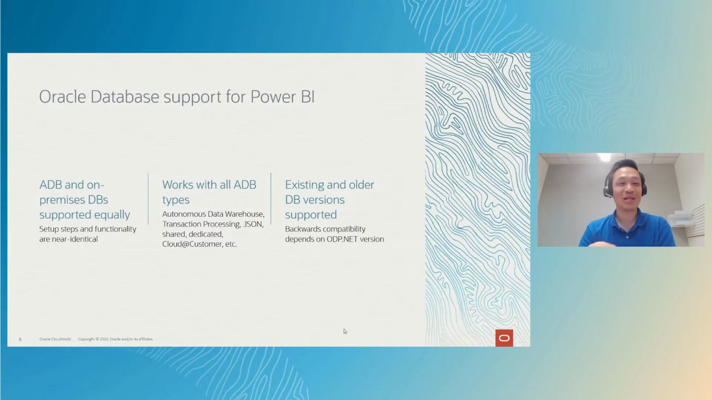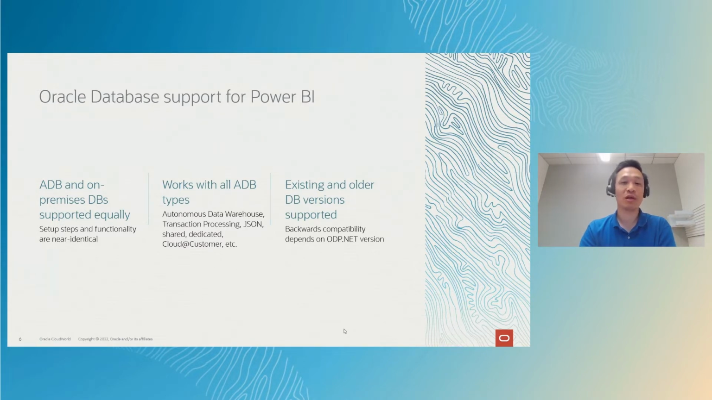So the setup steps and functionality are pretty near identical from a connectivity standpoint, so that as you're trying to connect, you won't see that much of a difference between the two types of databases. In terms of autonomous database and the different types of autonomous databases supported, they're all supported with Power BI. Most commonly you would probably be dealing with an autonomous data warehouse connecting to Power BI,